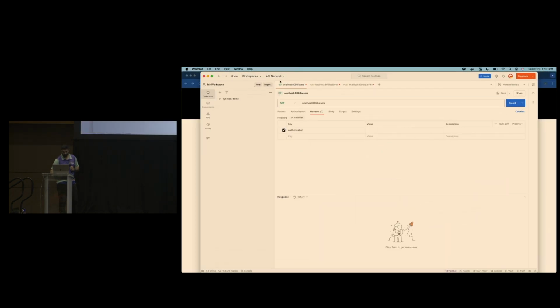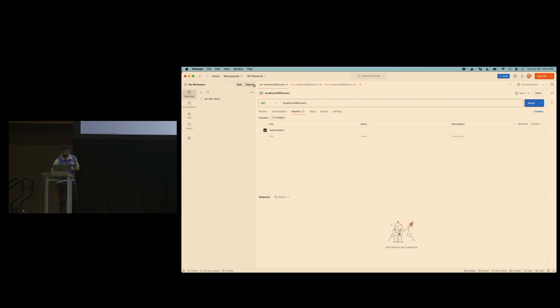We're also going to go into Postman. So with Postman, what I'm going to do is set the authorization header. If I send this request, it's going to say authorization field is missing because it's expecting something. Let's just put anything in there. It's going to say it's not authorized. And once I put a real key in there and hit send, I get data back.